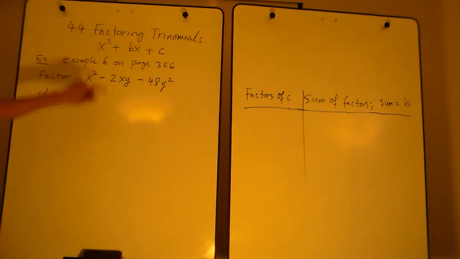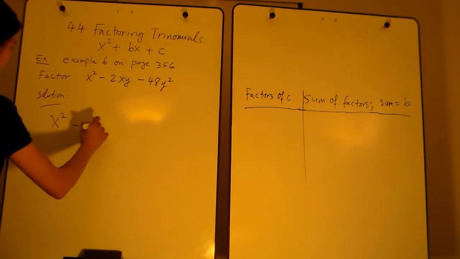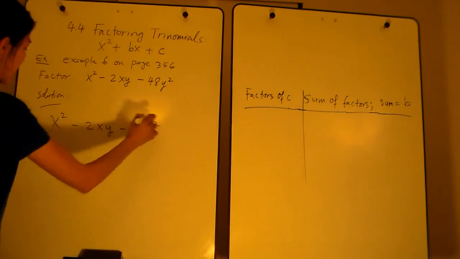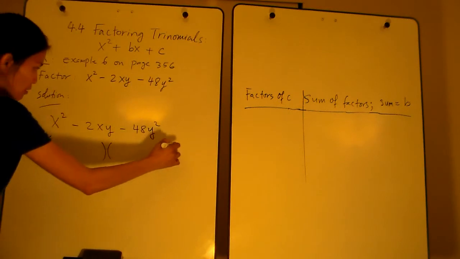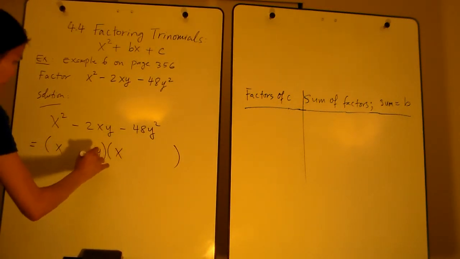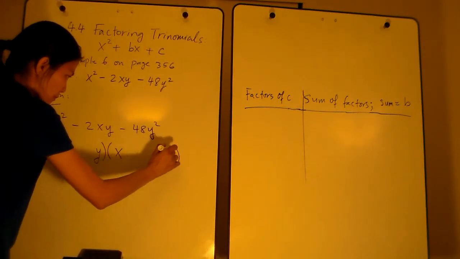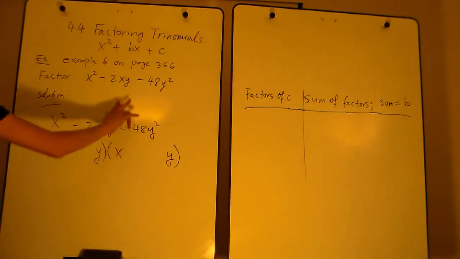So far you only see one variable. This time it has two. When you see something like this, you can literally factor something with x here, something with x here, something with y here, and y here. When you have x squared on one side and y squared on the other side, and xy in between,